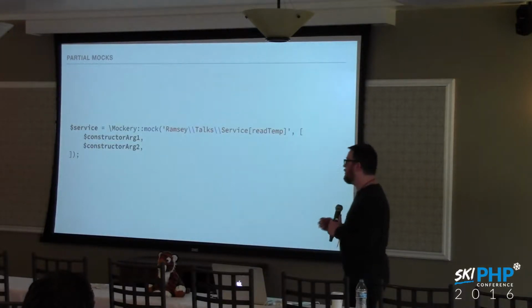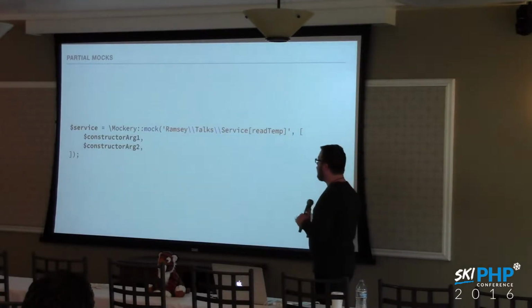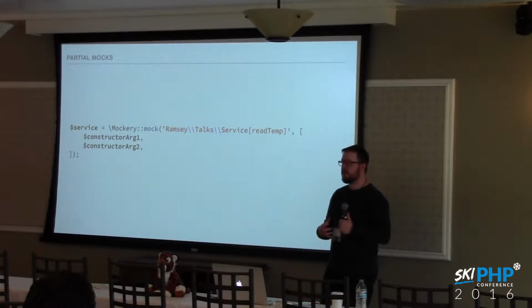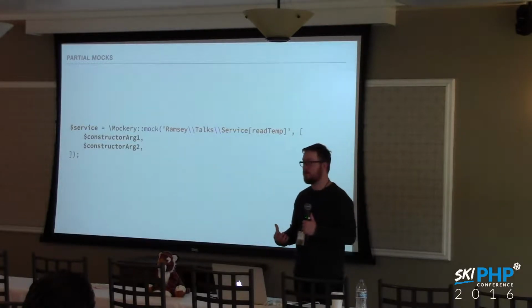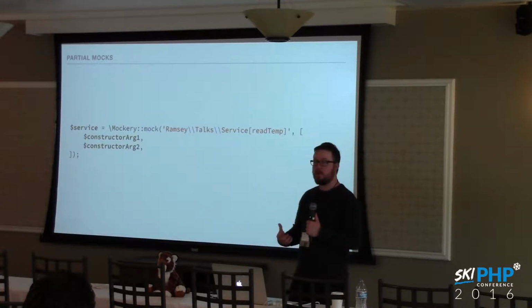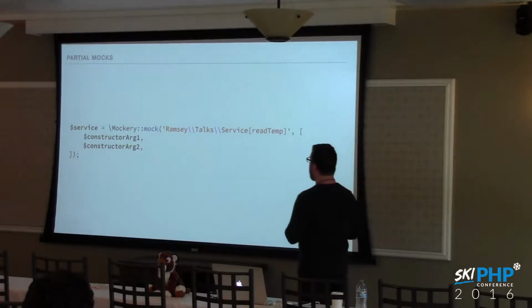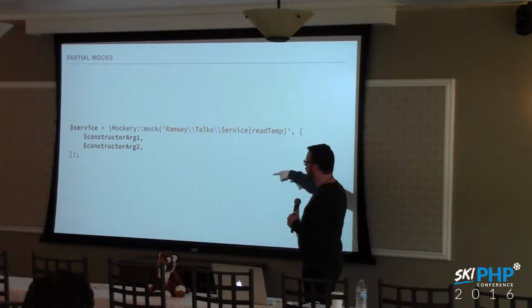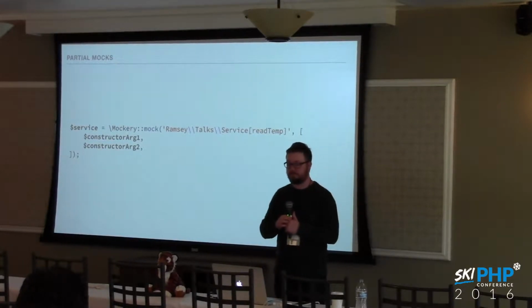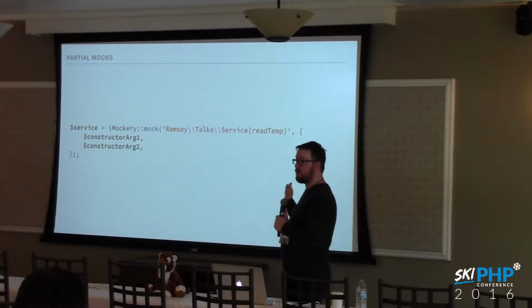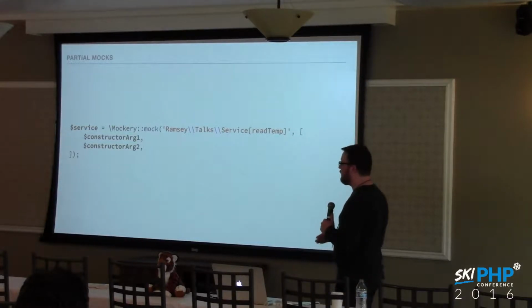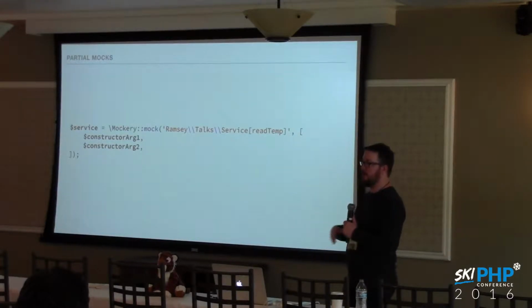Consider though that this is kind of important because maybe you want a full real object, that's the service object, with one or two or three mocked methods on it. And as a result, you might have to pass some arguments to its constructor. So we can't call the new keyword to create a new service object. Instead, we can just pass the constructor arguments as an array as the second parameter here as well. As long as it's not a key value pair array, it will interpret that as being constructor arguments. If it's key value pairs, it will interpret it as method return values.